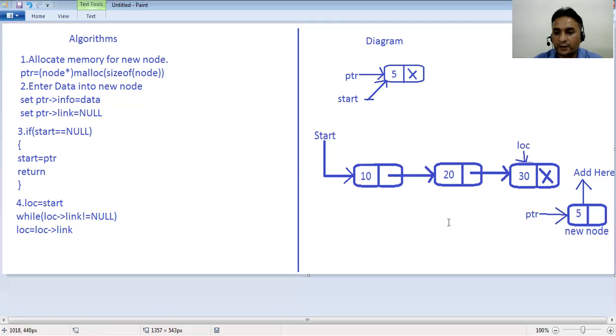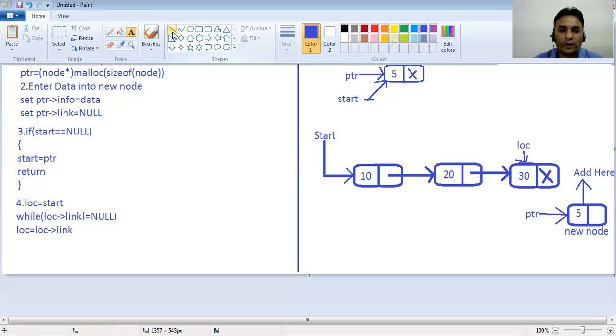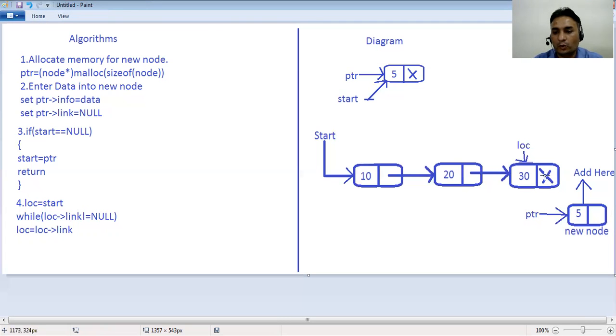So we set loc pointer link, which is null right now, to the address of PTR.